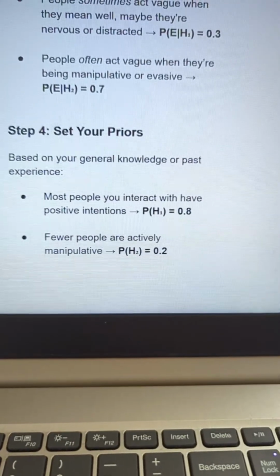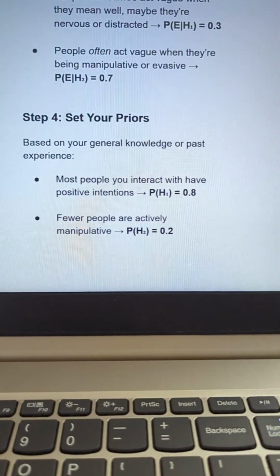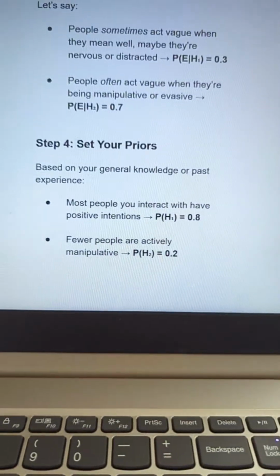Maybe you're really pessimistic and you think most people don't have positive intentions. I would switch that around. I'd say 0.2. All right, okay, let's say you're really pessimistic. At least maybe you can admit that most people you interact with have positive or neutral intentions, right? Even if you're really pessimistic, it's not reasonable to say most people have negative intentions toward you. It's more reasonable to say at least they have neutral intentions. They don't care about you, right? So,